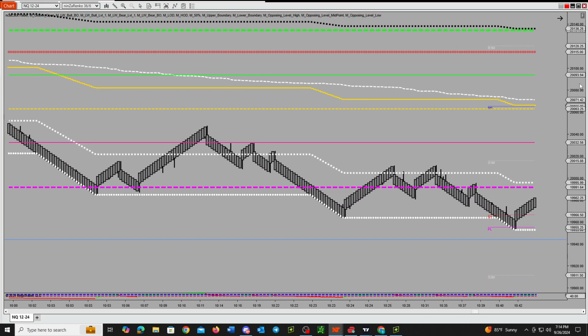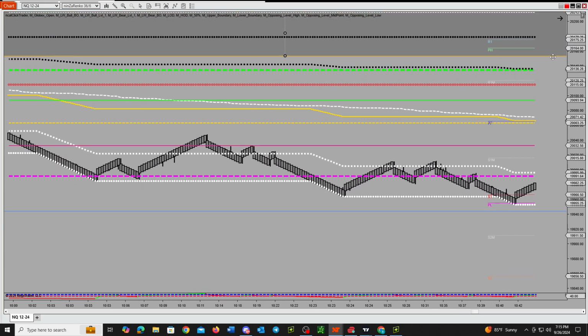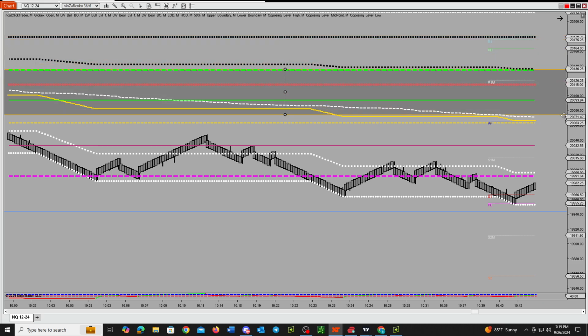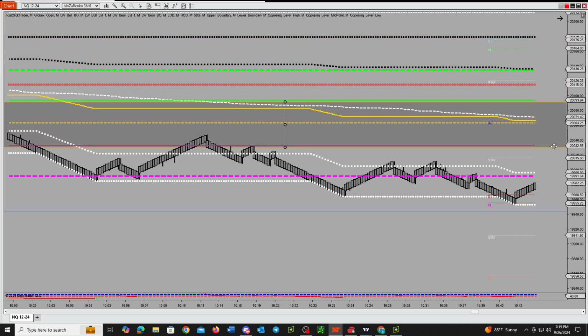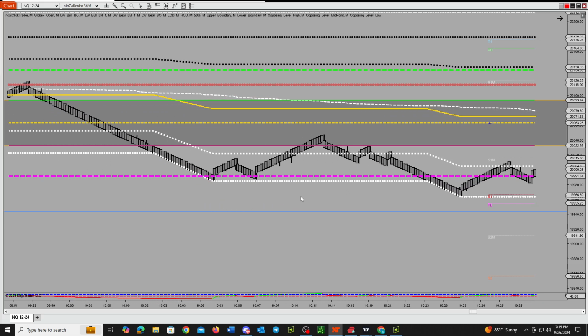Let me see if I can grab my, just to highlight this right here. Here's the Larry Williams first breakout on either side of Globex. Here's the pink and the green, just to frame everything for you. So you can see here,